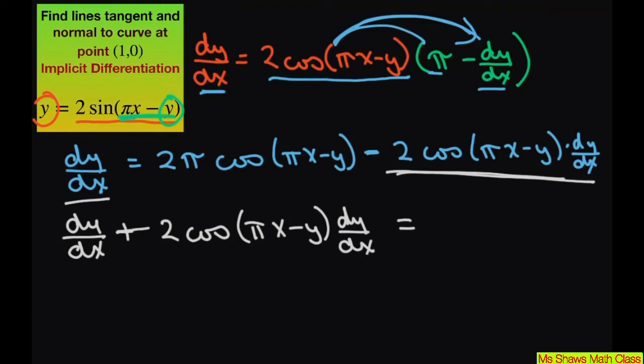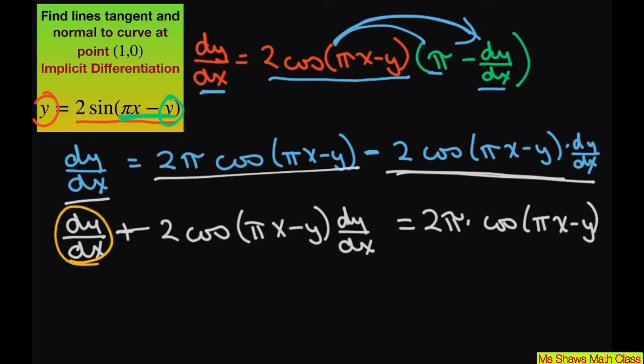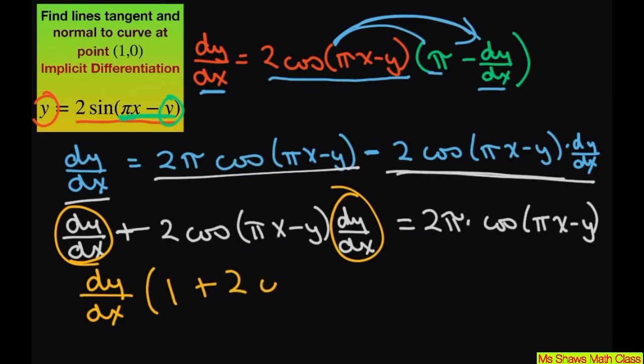And we're going to leave this on the right-hand side of the equation: 2 pi times cosine of (pi x minus y). And the last step is factor out this. So you get dy/dx times (1 plus 2 cosine of (pi x minus y)) equals 2 pi cosine of